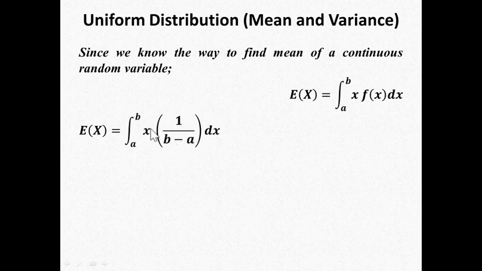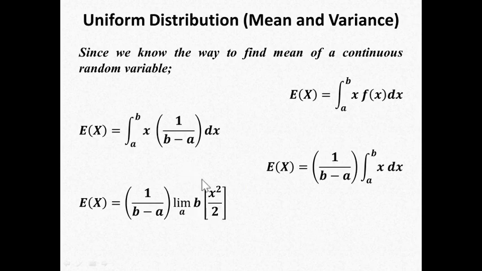Since it is integrating with respect to x, the terms which are not containing x will be treated as a constant. So we can bring this term outside the integration sign in the next step, so that we can integrate the value of x with respect to dx, and we know the integral of x raised to power 1 is nothing but x square upon 2. That's very good. So after integrating this function, we get x square upon 2, and after putting the limits, the upper limit in the position of x minus the lower limit in the position of x, what will be the answer?